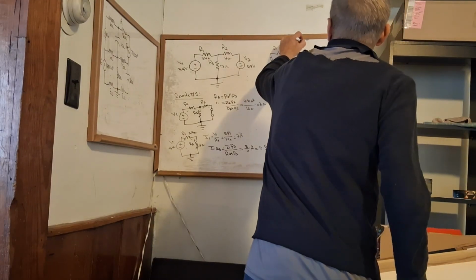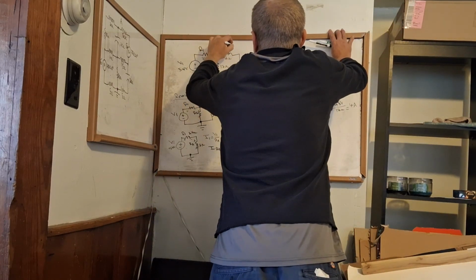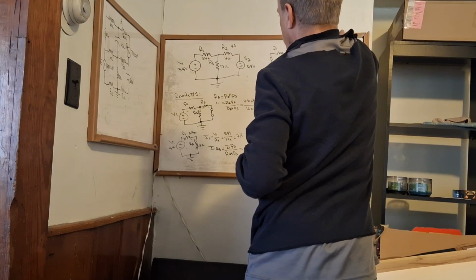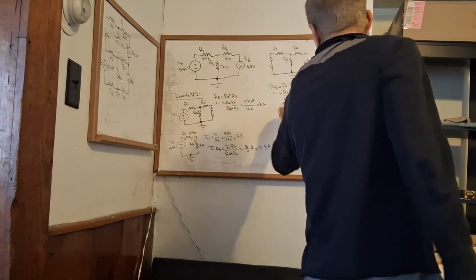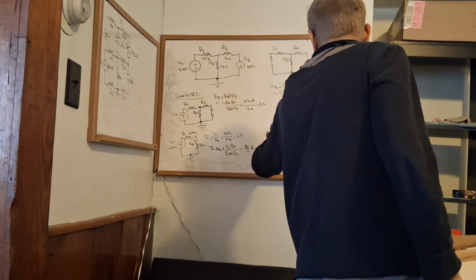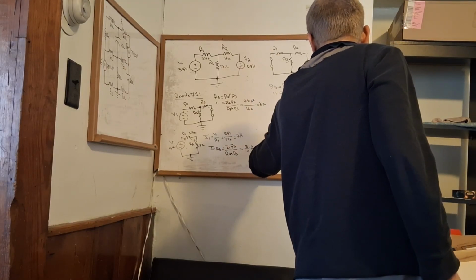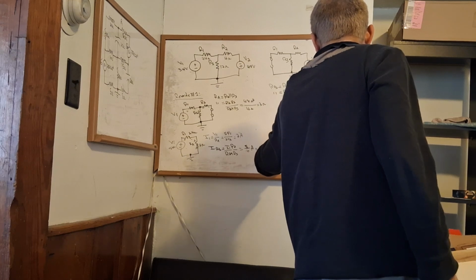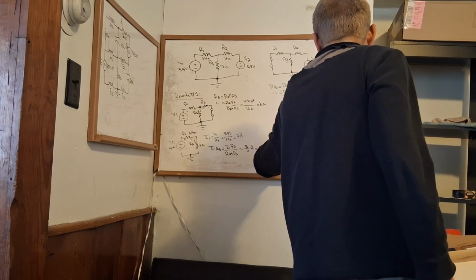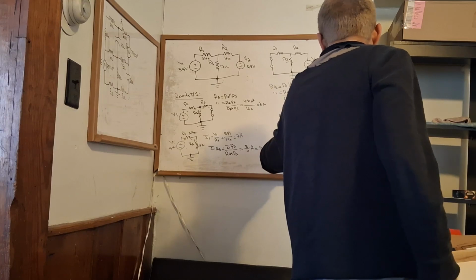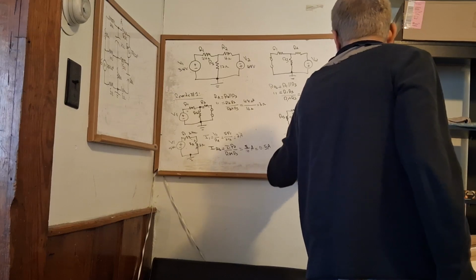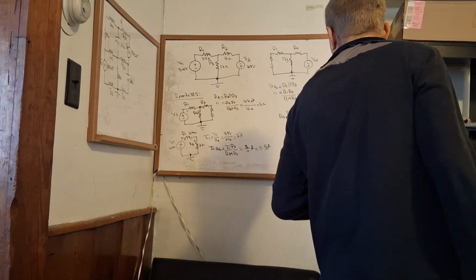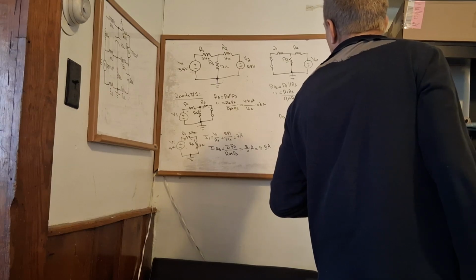So we have 4 amps here for sure. Well, we gotta subtract the other values. Let's not do that yet. We know we gotta do the current divider formula for this one. We know that I sub R B is equal to I2 times R1 over R1 plus R3. And that's going to be equal to 4 amps times R1, which is 24 ohms, divided by 36